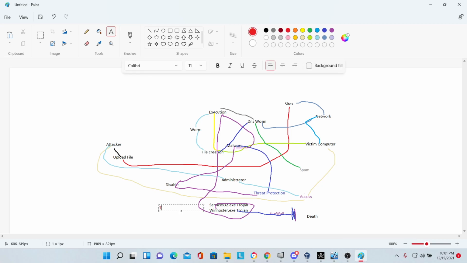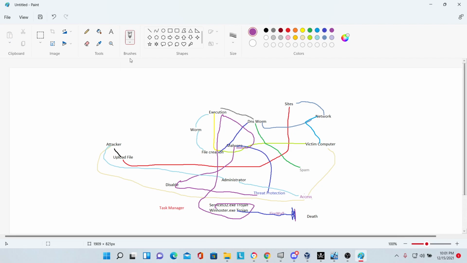Let me type it up. Task Manager will be disabled, which will basically mark the computer as useless. I haven't had it happen, but the Task Manager will disable the firewall. And the firewall,